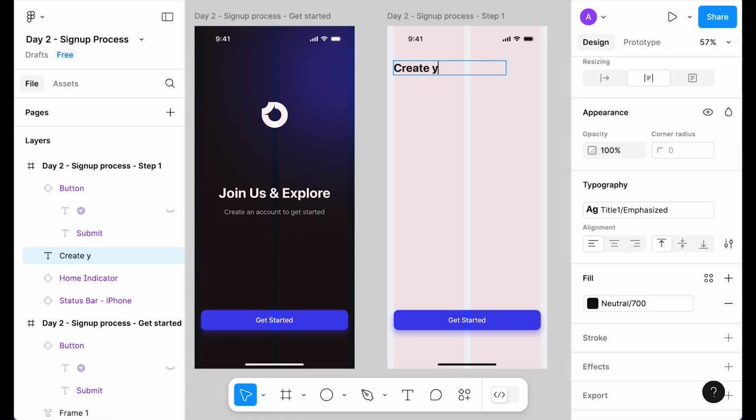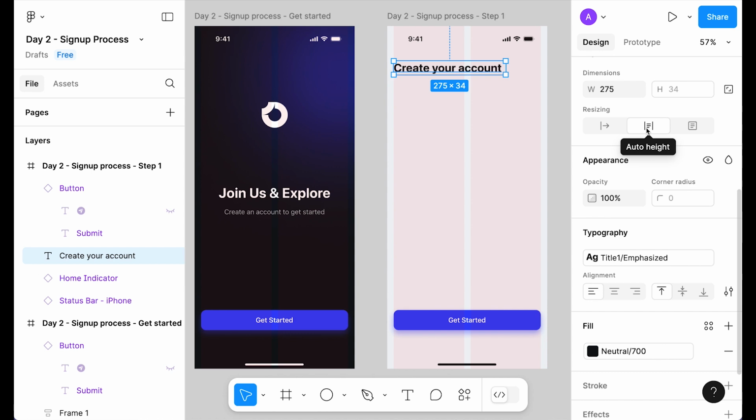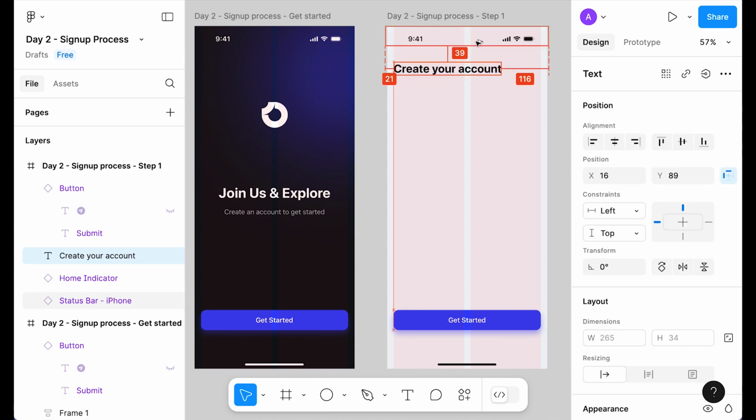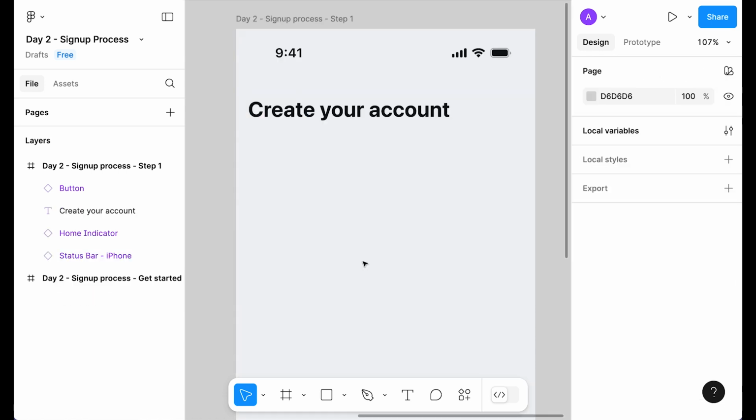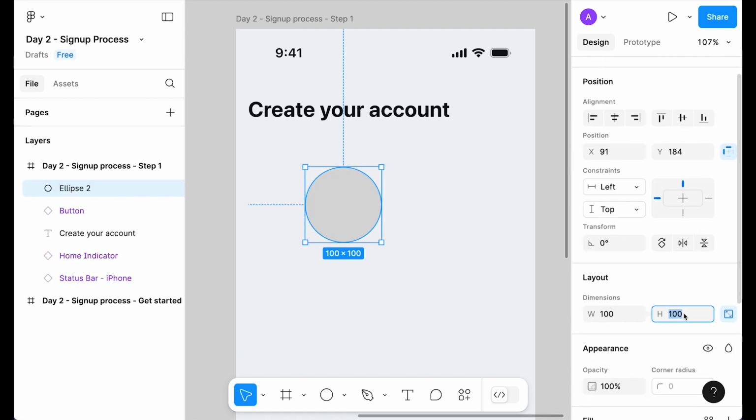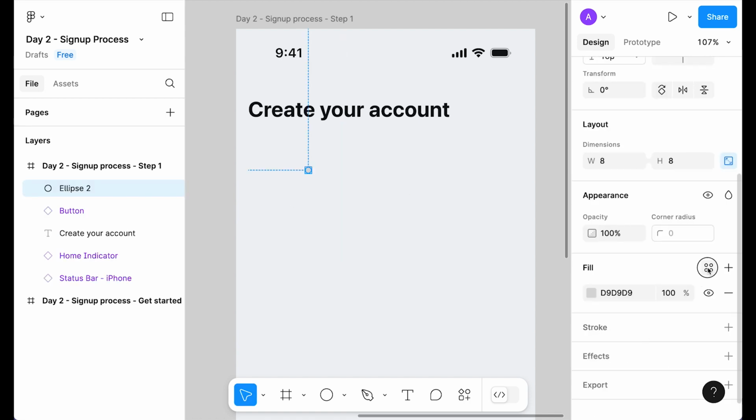Let's change the text to create your account. Instead of fixed auto height, let's make it auto width and make it 40. Now it's looking good. Okay, so for the step we need to select ellipse tool and click. So a 100 by 100 circle is created, so let's make it 8, and let's change the color to white and